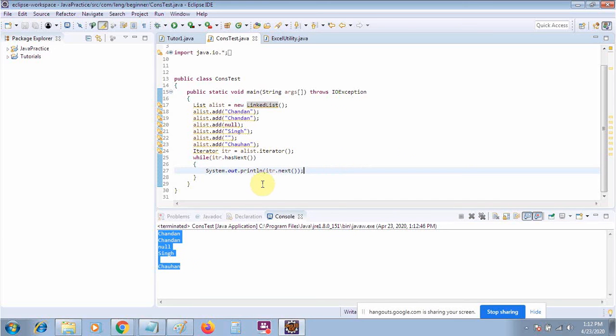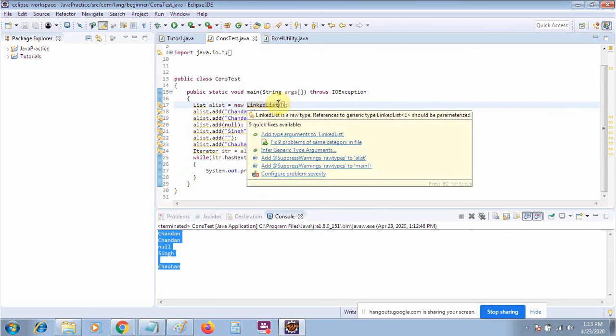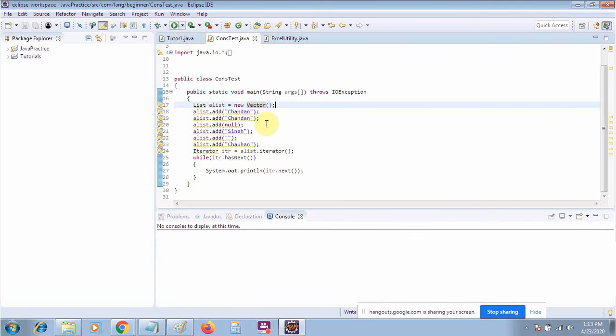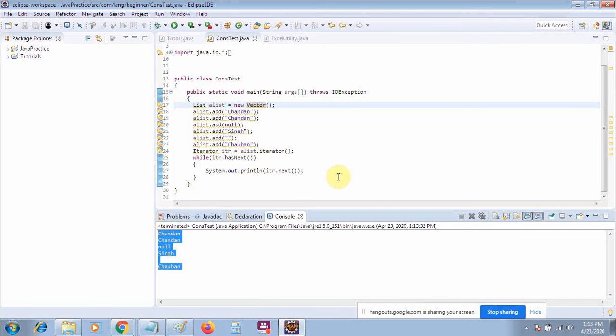So in your programming you have read that in a linked list, each element is connected to another element, and there are two-way or one-way linked lists. No need to go much further because in our Selenium we will use only the array list. Now vector. Instead of writing array list, I will just write the vector class. Always remember vector is a class which implements the list interface. Everything will be the same, and I am just iterating the values from my vector. You can see again the output will be the same.